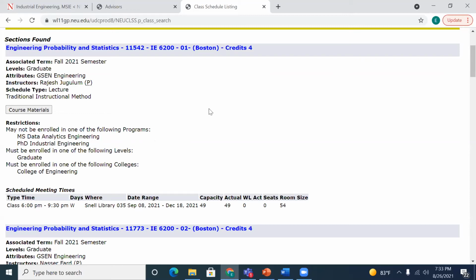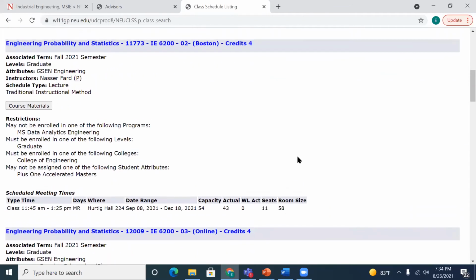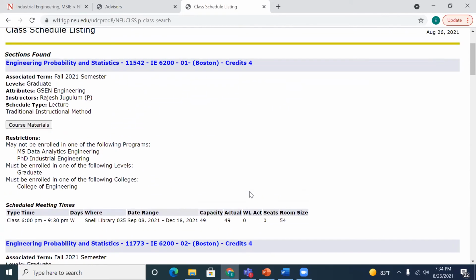And so another thing to note is obviously class time, when your course is actually taking place, the day, the location. And this is also very important to know. So this class has a max capacity of 49 students. And as you can see, 49 students have already registered for this section of the course. And so if you are very interested in this section compared to other sections, as you can see, this one has availability, but for some reason, if you're like, this is the section that you're dying to get into, you